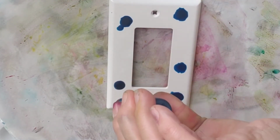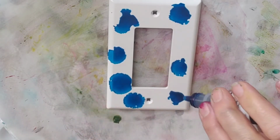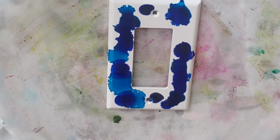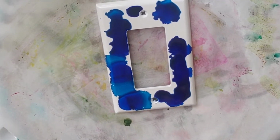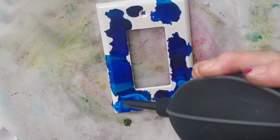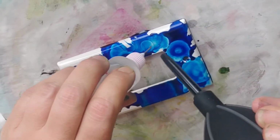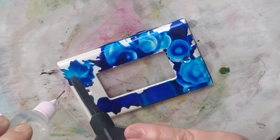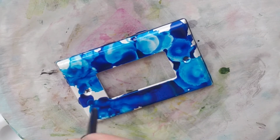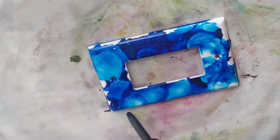Alright, tile number 3. This is just going to be an abstract in blue. So I just put down 2 blues, just dropped it around, and I am using a tool that I am finding very, very addictive. I like it even better than the airbrush. And this is the Ranger Inks blow tool,